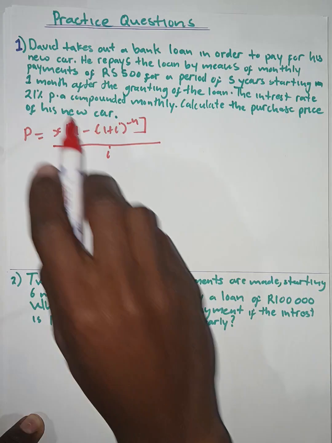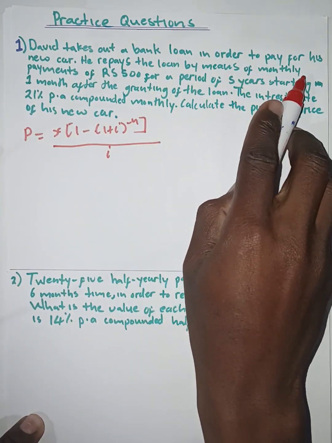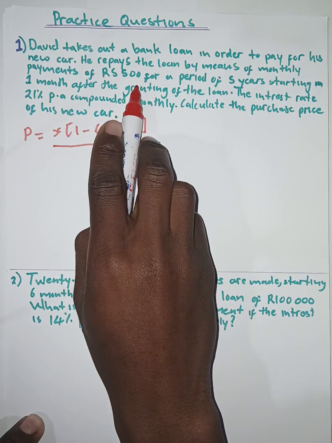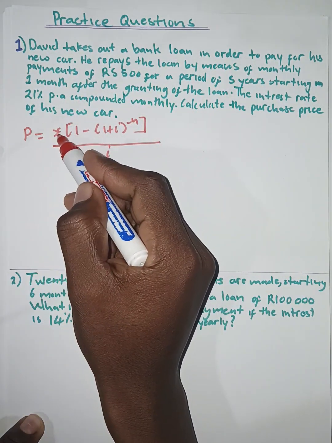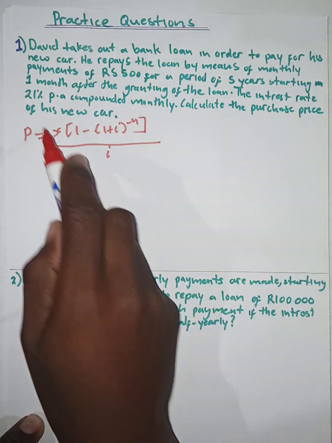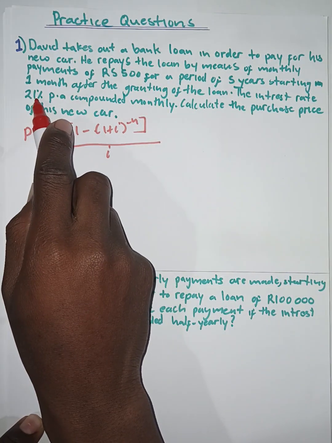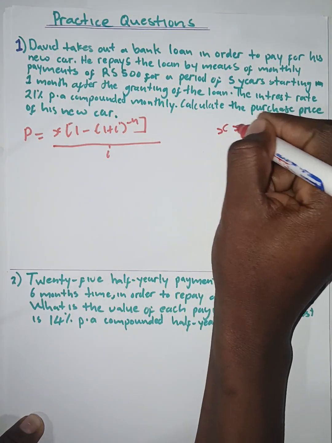So of course, David will make monthly payments of 5,500, right? So in this case, we know that the X value would be 5,500, and then of course the interest would be at 21% per annum compounded monthly. So in this case, we know that X would actually be equal to